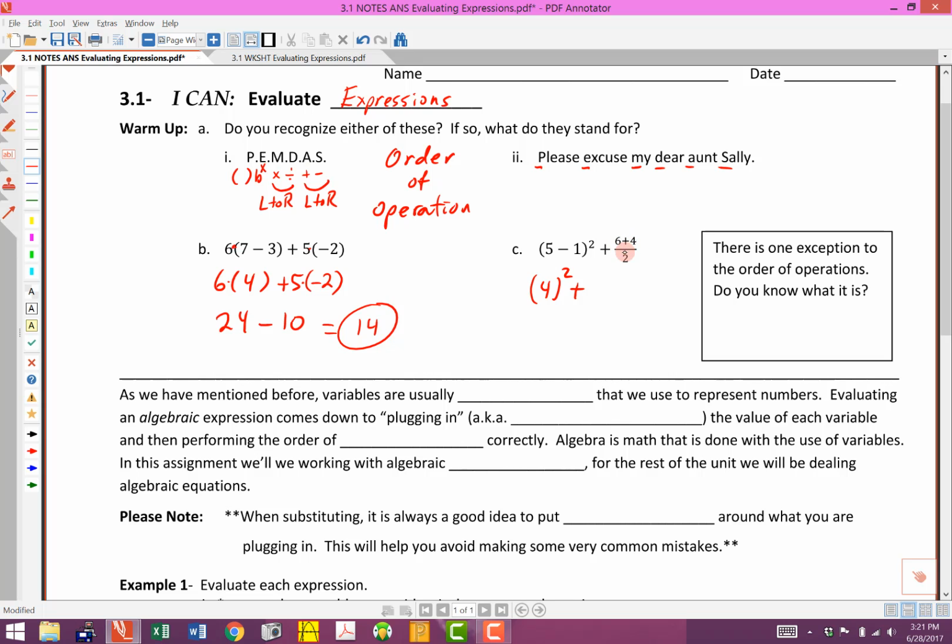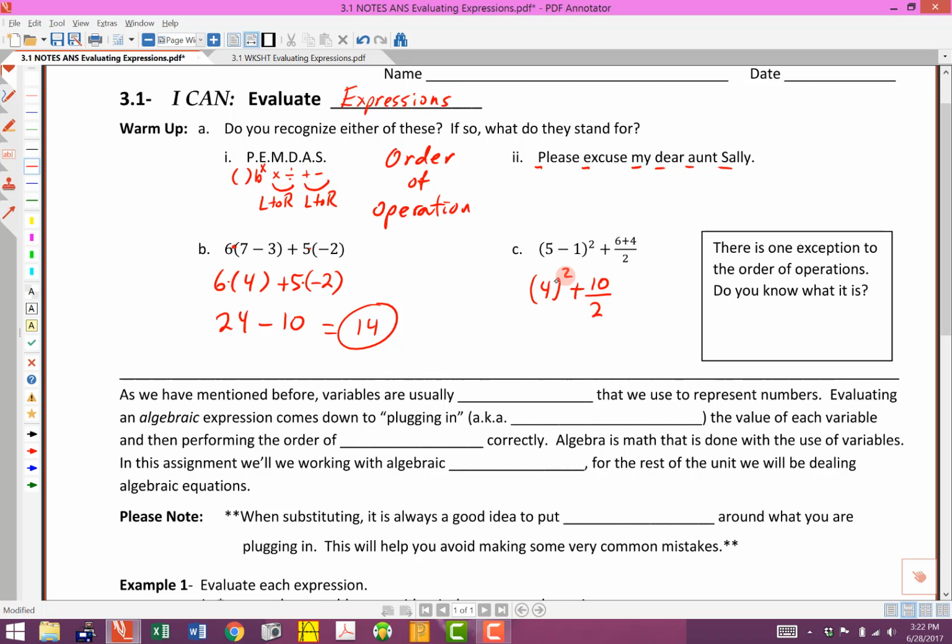This is 6 plus 4 divided by 2, and we've got to do these in the right order. So we're going to add those two together first, even though this is division. So we're going to figure out what the top is. I'm going to write down the bottom. That's still a 2. Now we're going to go ahead and raise this to the power of